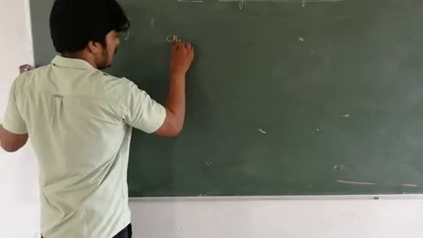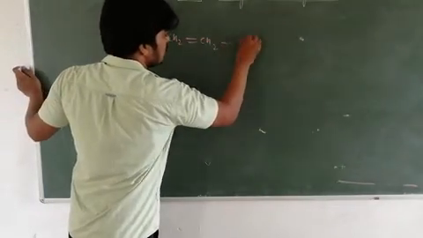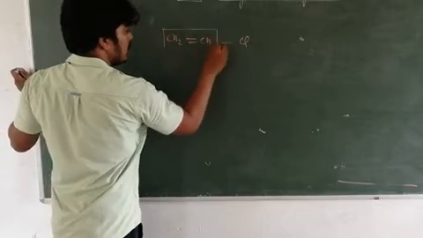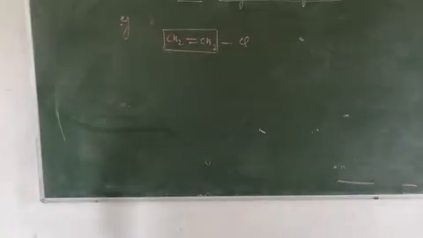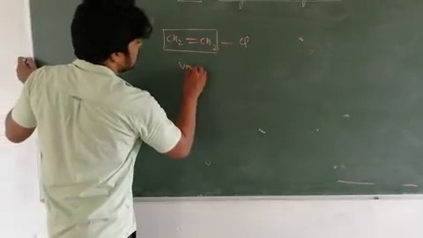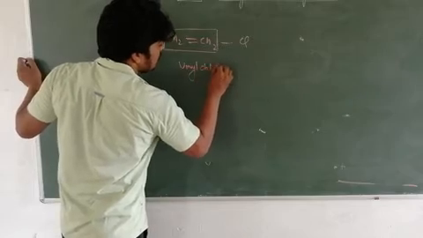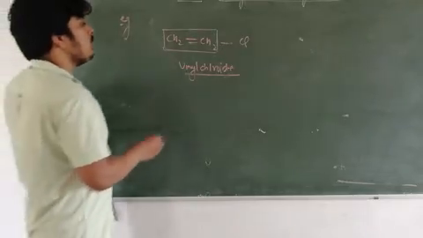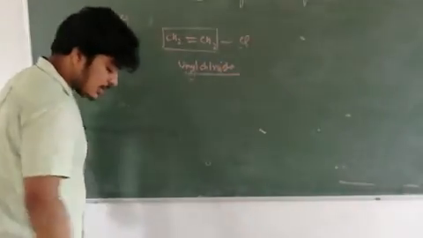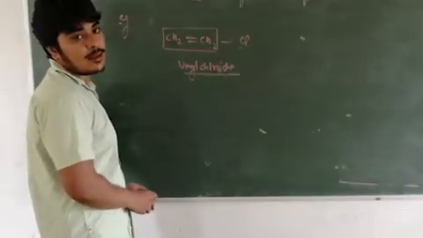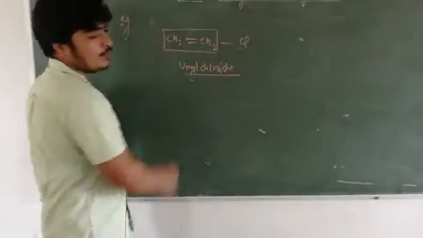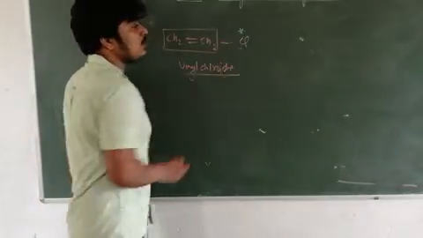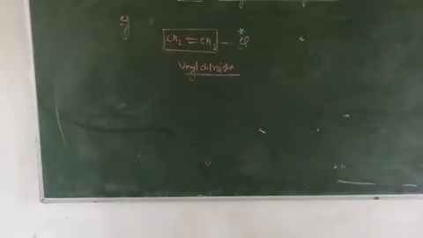Now, moving further, suppose there is another category, suppose there is an alkene and a halogen is present directly on the alkene. If halogen is present directly on the alkene, then this is termed as vinyl. This is termed as vinyl chloride. If halogen is directly attached to the alkene system, this is termed as vinyl chloride. You have to take care of it. This is vinylic system. This is vinylic halogen. This is vinyl chloride.